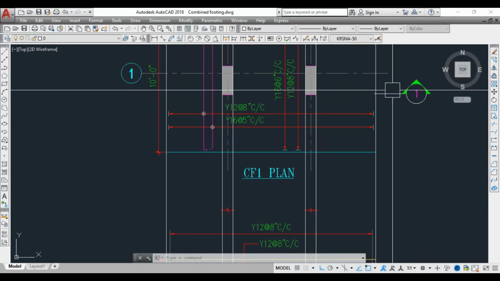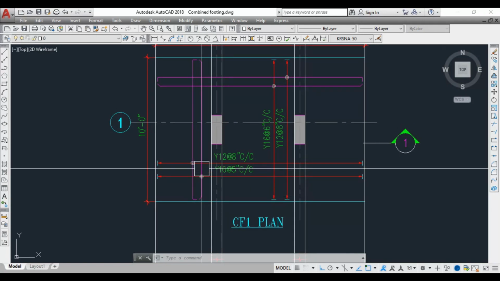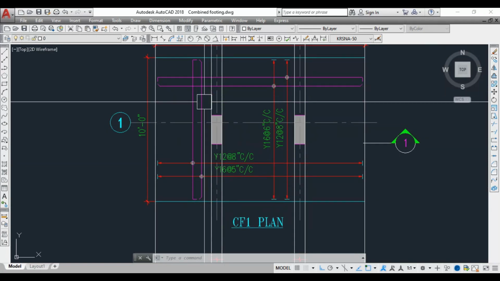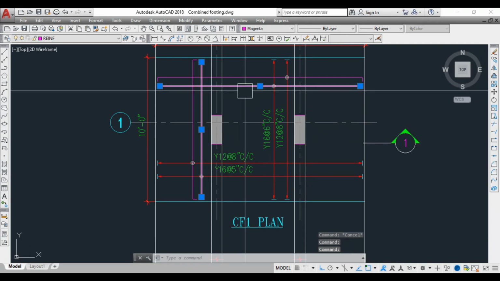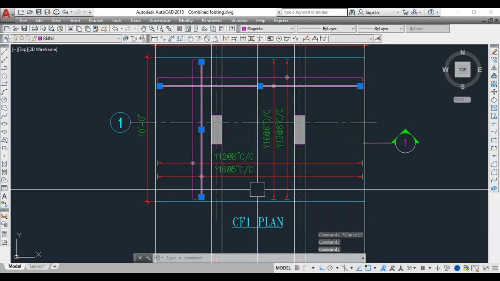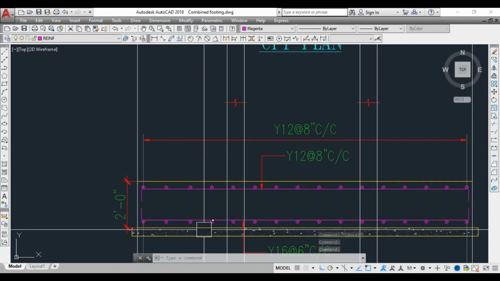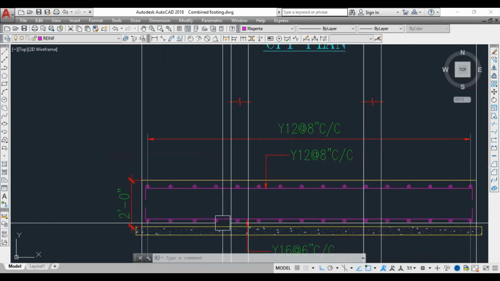If we cut the section here, what we can see are the bottom bars, right? This is one bottom bar and this is one bottom bar. First, which one do we have to show, whether it is a dot or the line?